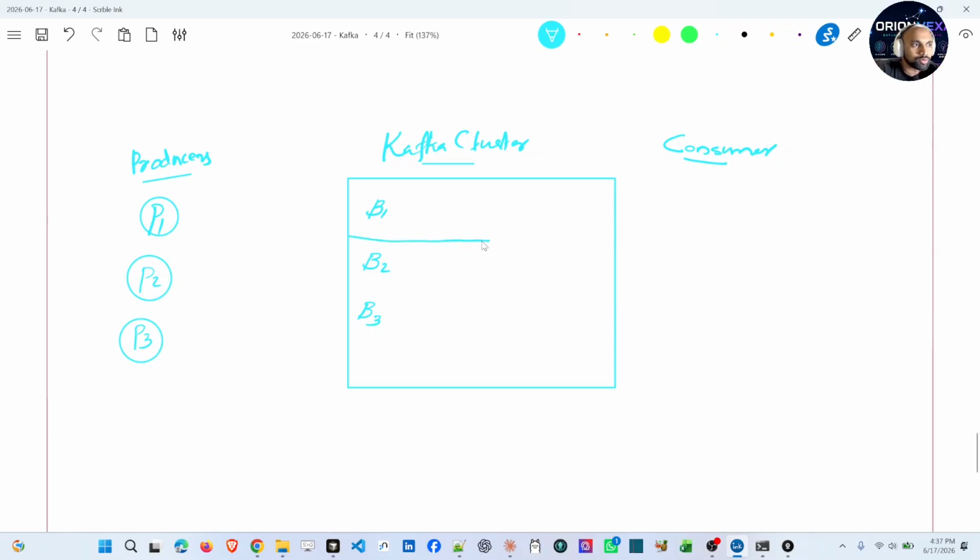Inside each broker we will have topics. A topic is a named entity into which data will be published. This is called TP1. Inside the topic, we have something called partitions.